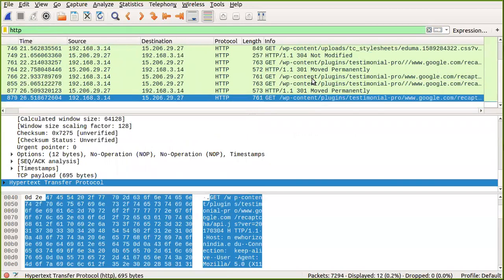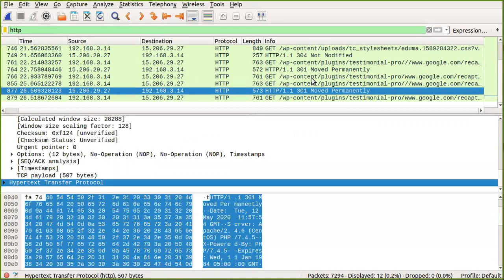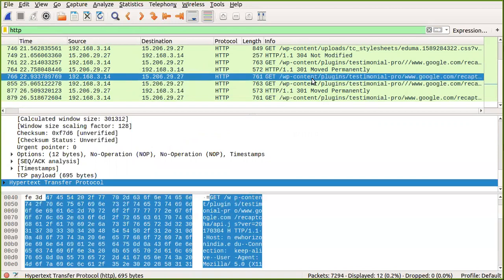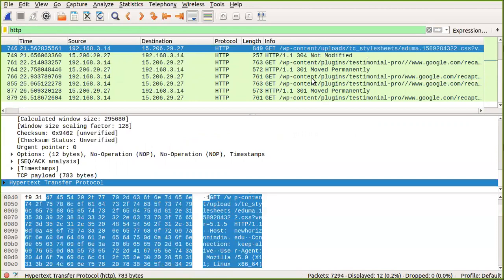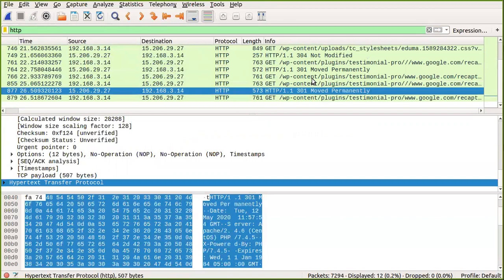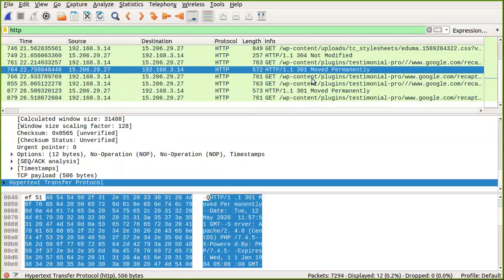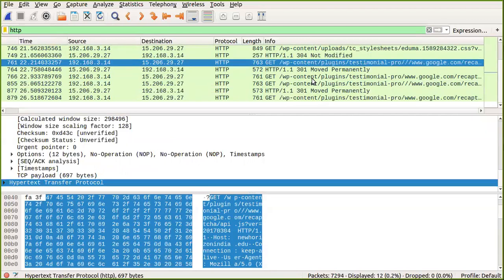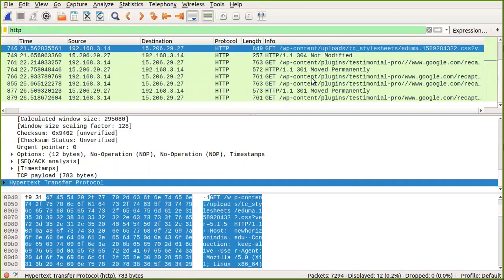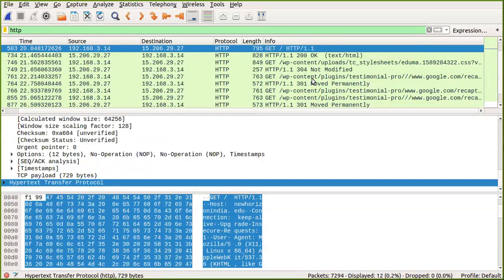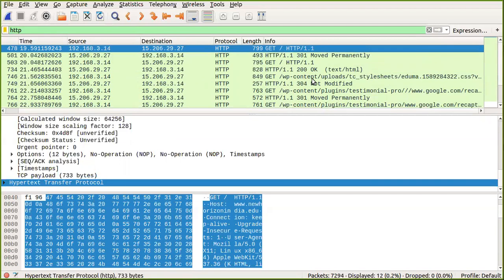So you can see how they communicate. You can actually see they communicate by means of the response codes. So you can see a response code of 301. You might be very familiar with the response code 404 not found, right? So you can actually see so much of this particular information. There is a column of testimonial, so you can see here a testimonial, it is fetching from there, right? Then over here you can see the various information.